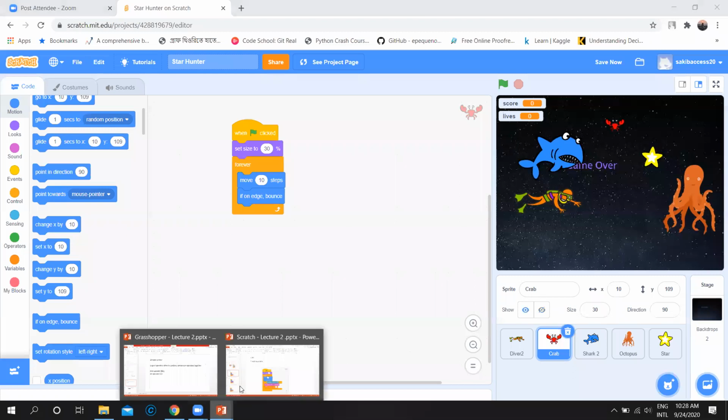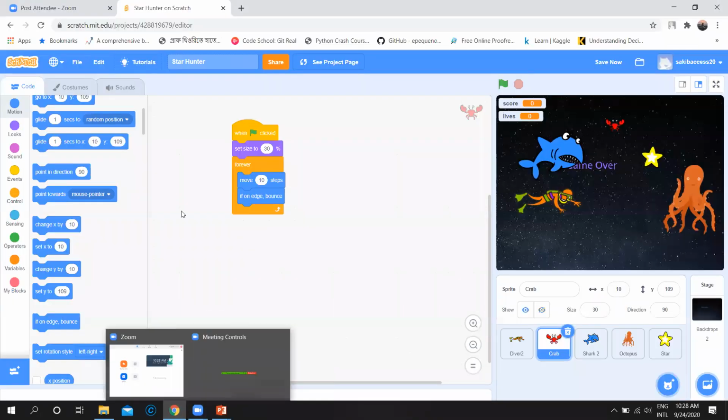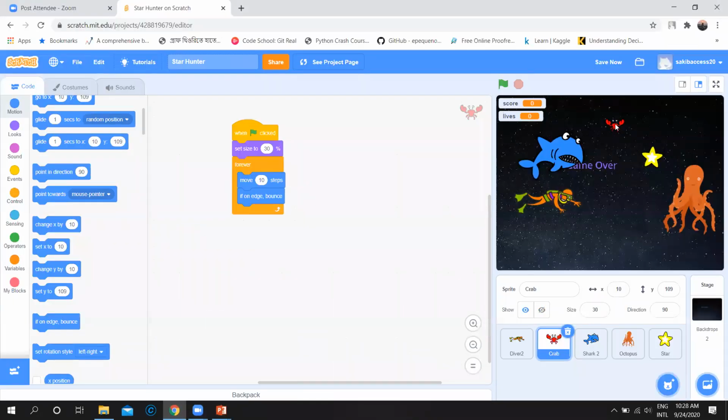Then, whenever it touches the diver, it will play a sound and change lives by 1. Our target is that whenever this diver touches the crab, it will decrease the value of lives by 1. So I will add an if condition here.